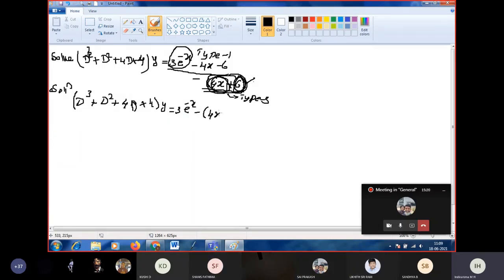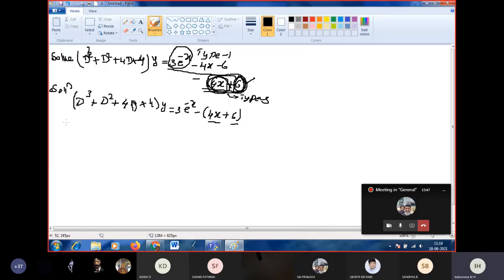So now I will write the RHS by taking minus common from the second and third term: minus of 4x plus 6. You can do this as type 3 and type 1, no problem. You will get the same answer at the end. To make it simple, instead of type 3 and type 1, I am making it just type 3. Anyhow, I want to do the division only, so if you include this, steps will be less.